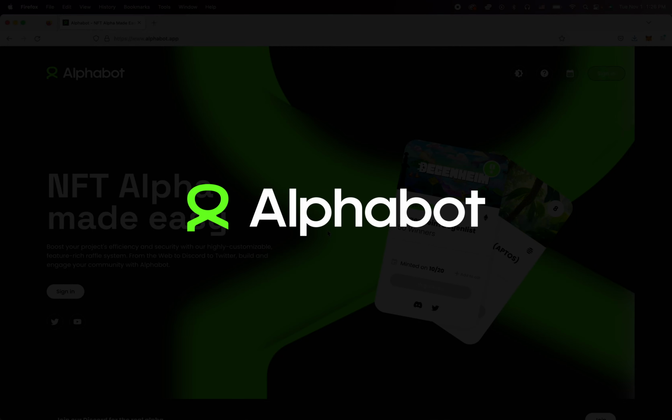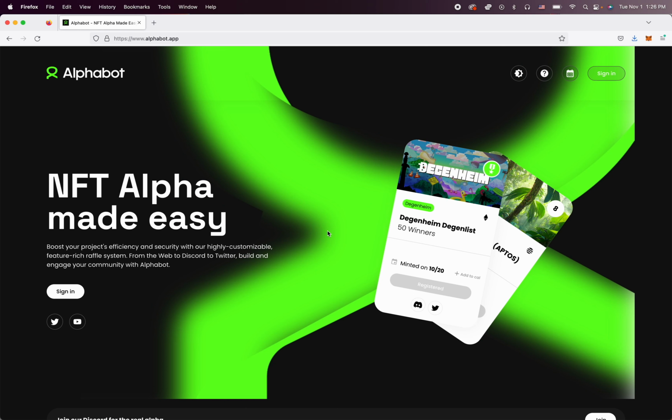My name is A Dutch Bro, and today we're going to take a look at connecting to Alphabot for the very first time. So if you haven't used Alphabot before and it's your first time, stick around and we'll go through this process together. Alright, so you're going to want to go to the website alphabot.app, and on our website